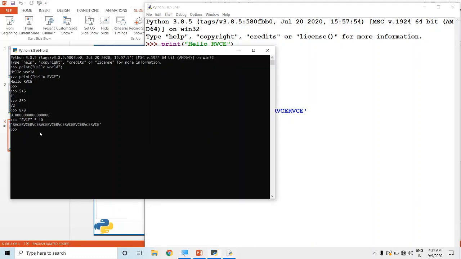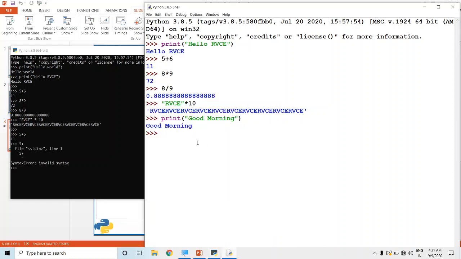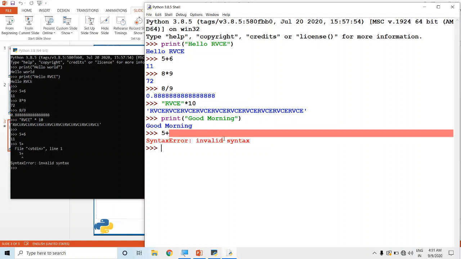Error messages means, for example, if I make a syntax error, 5 plus, I am getting a syntax error. So this is my input statement, this is my output statement, and this is the syntax error. All my input messages, output messages, and error messages are color coded.